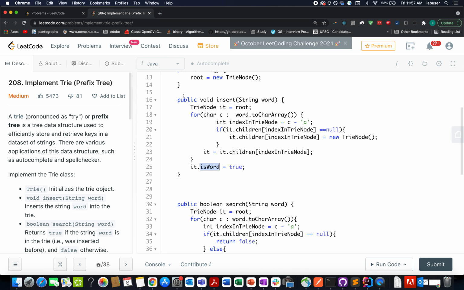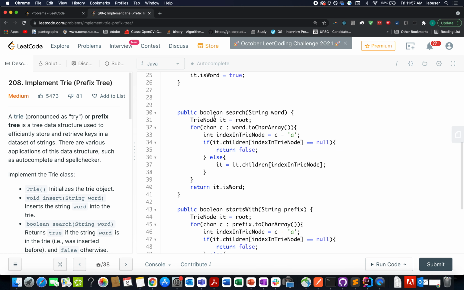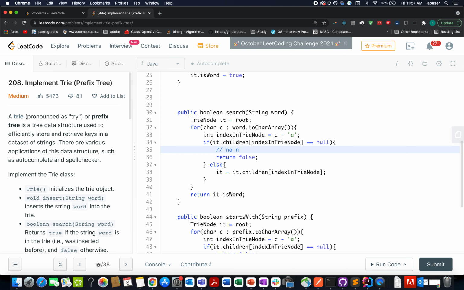So it's again the replication of this method. You initialize a new iterator, you start the iteration one by one, and if it.children at index in your trie node happens to be null, you simply return because no node was found. Otherwise you go and look out for the next possible character in your input word.